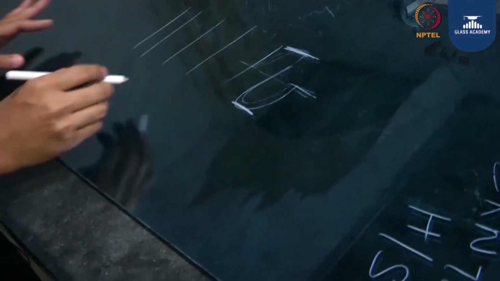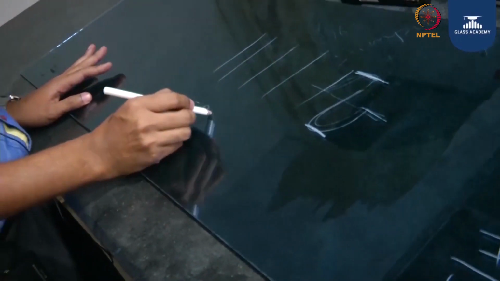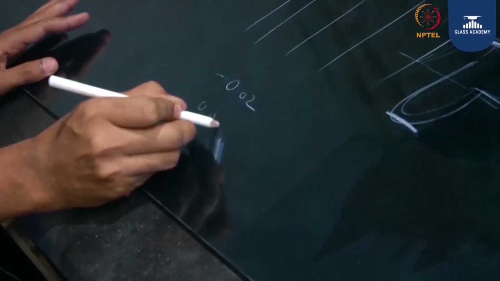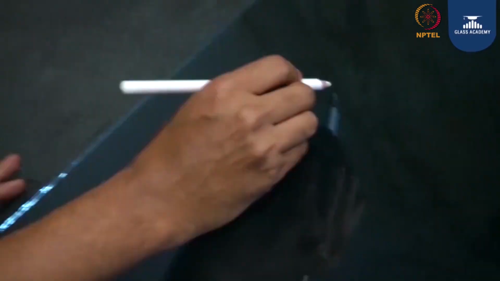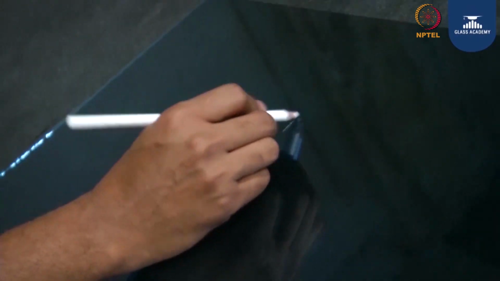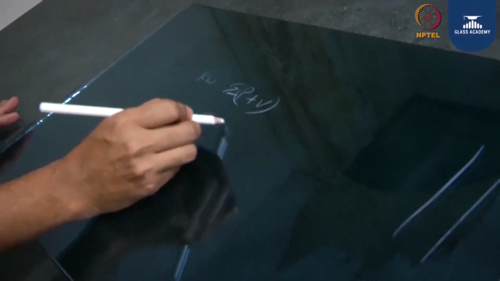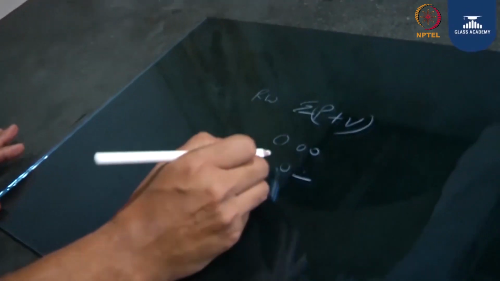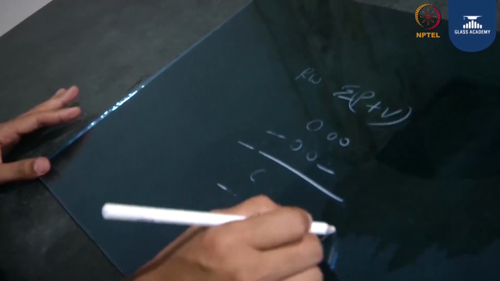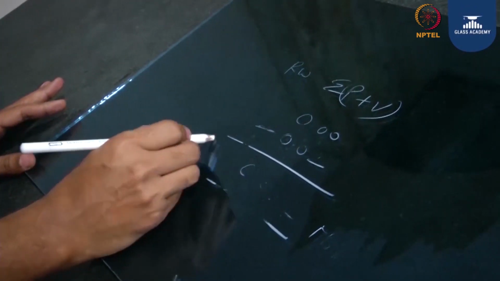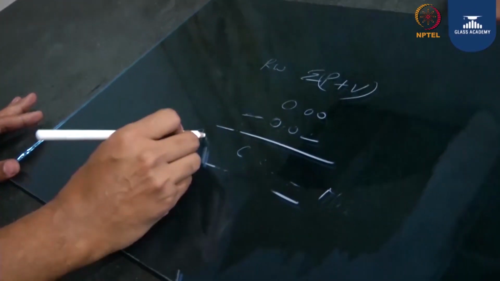So it is a mixture of base and hardness. It is a summation of peak and the valley. The minimum value we got is minus 0.2, and the maximum value we got is 0.00. So the overall roller wave is equal to 0.02 mm. The roller wave is a summation of peak and valley. The peak value we got is 0.00, and the valley is minus 0.02. So it is a summation, and our roller wave is equal to 0.02 mm. In this particular glass, the roller wave is equal to 0.02 mm.